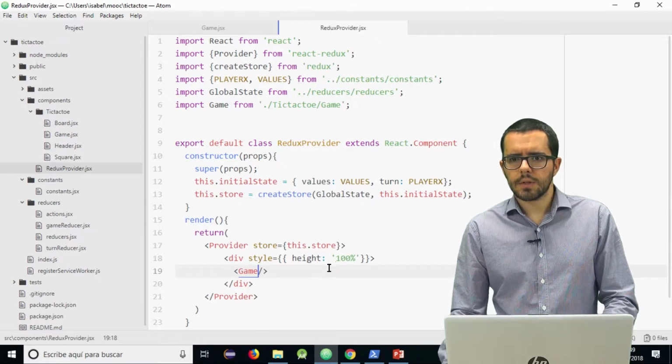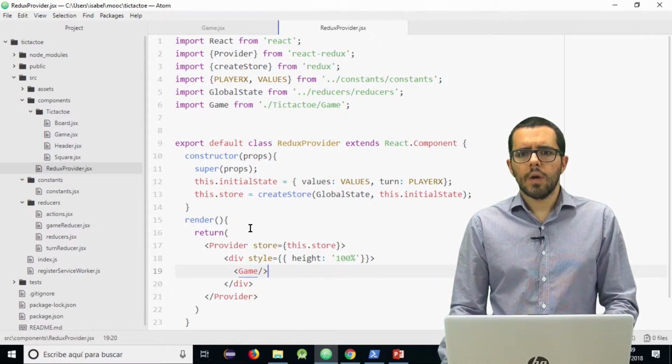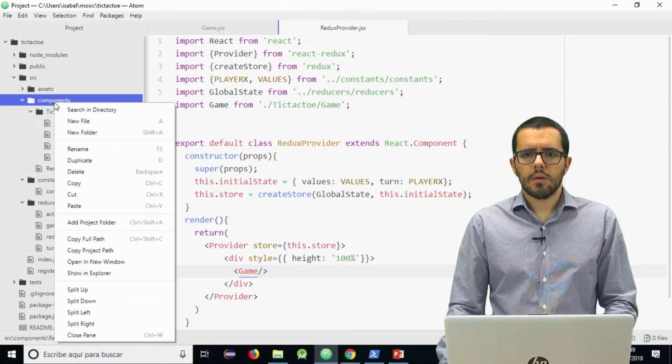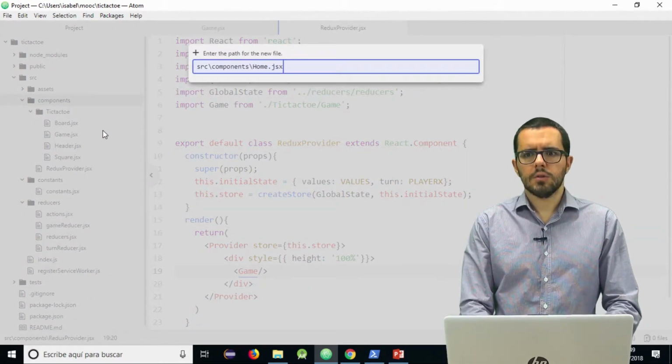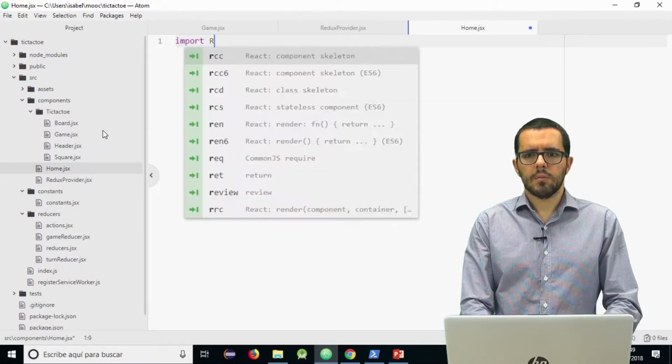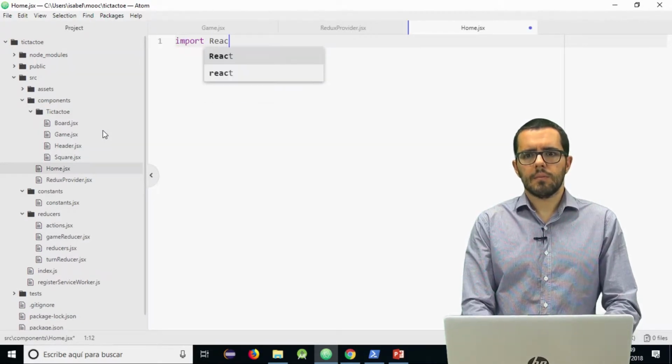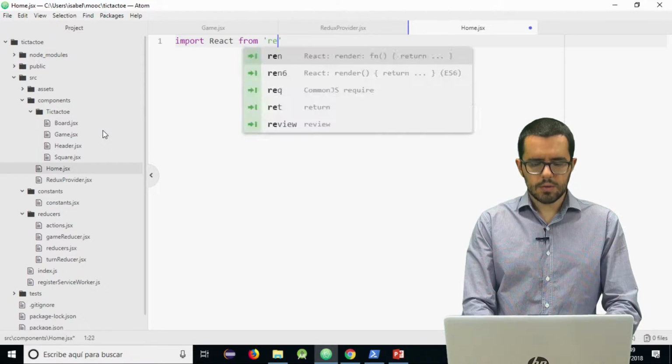Let's code it. Come on, here. We have to add a new component, very easy, home.jsx. This component you can copy just to avoid typos.